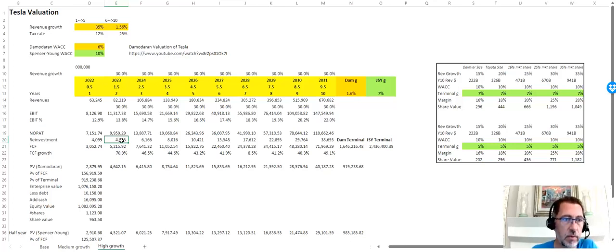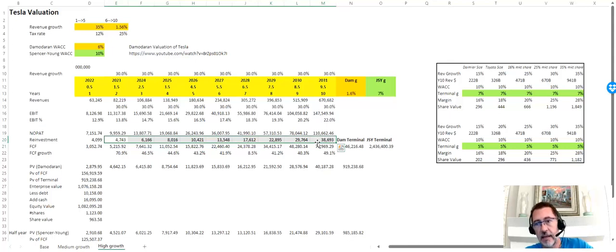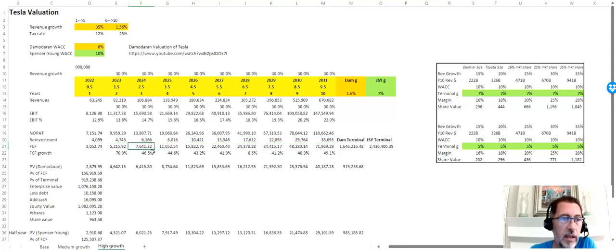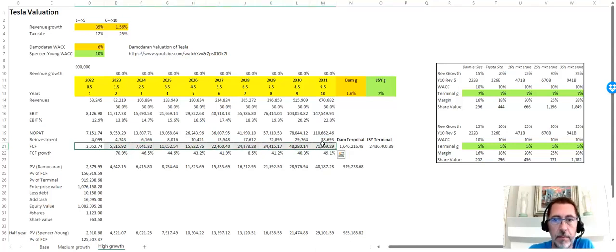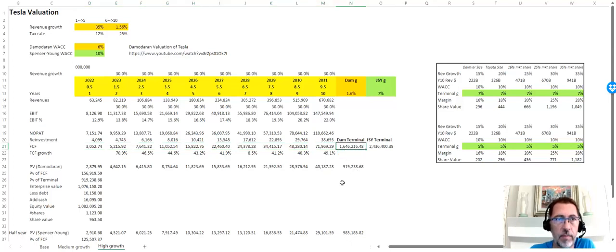So that's what's happening here: I'm growing the capex based on that assumption used by Damodaran, and that's taken from historical performance. So then we calculate our free cash flow, and once we've got a series of free cash flows, we're now in a position where we can calculate a terminal value.